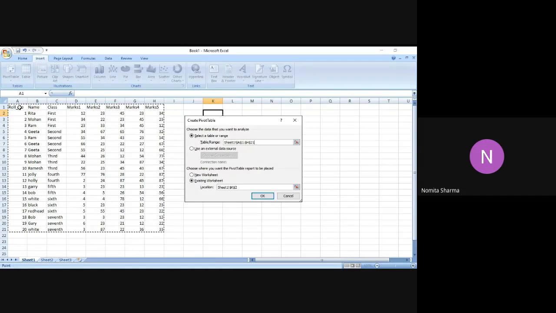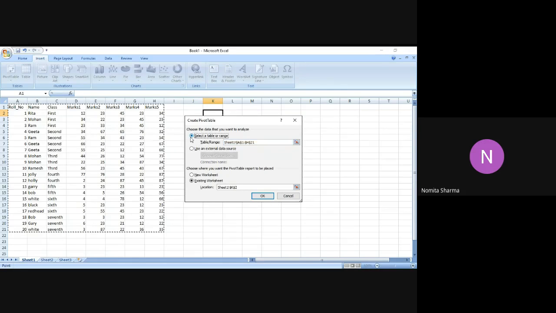The second option is that we can also use an external data source, just in case you don't have any table with you right now in the computer, or maybe you haven't made one. You can use an external data source that you may get from any third party, agency, or any other person. This may be a file stored in the computer, or a file in any other format, but it has to be in the Excel format only. Prefer using the current format, because otherwise there will be a mismatch in the data analysis. Since I don't have external data, I'm using the source I have with me.